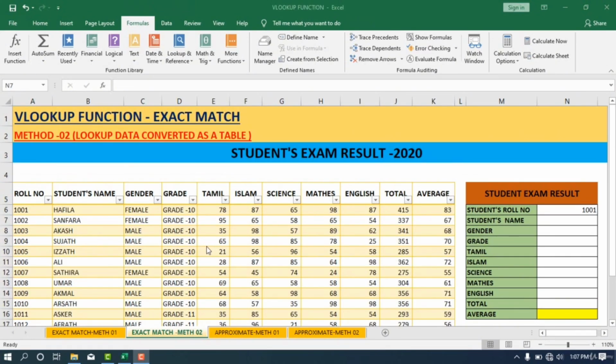Now we are going to retrieve the data from this table to this chart. If I type the student roll number, the student name, gender, grade, Tamil marks, Islam marks, Science marks, Maths, English marks, total and average marks should appear here. So if I want to extract or retrieve the data from this table to here, we can use the VLOOKUP function. So I'm going to use the VLOOKUP function in the second method, that means by using this table, right? So first I'm going to put the equal sign. Then I need to call the VLOOKUP function,